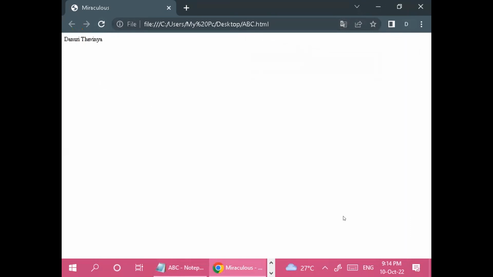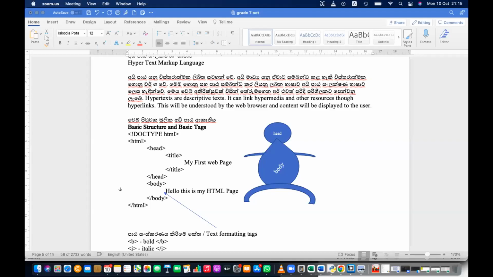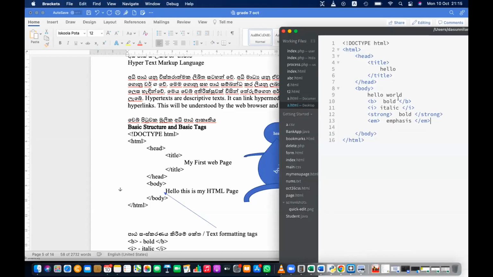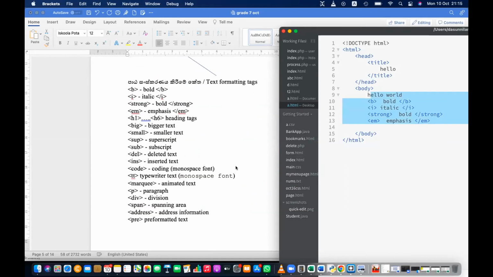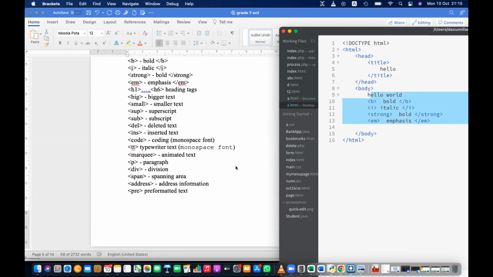Likewise, anything that you have written can be any code. Let me show some other codes. Similar to that, you can add other codes, but you need to add them to the body section here. So I will show some other codes. You can take a screenshot and add them here later.